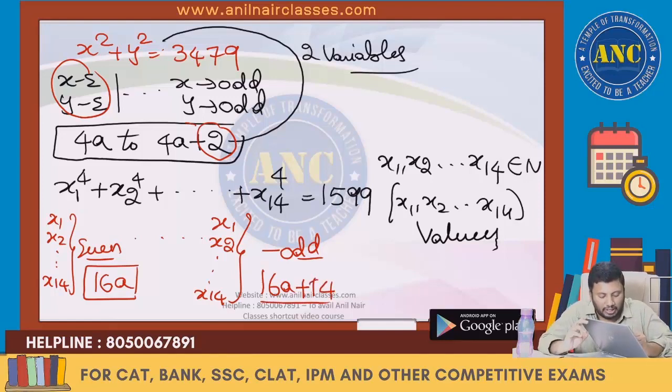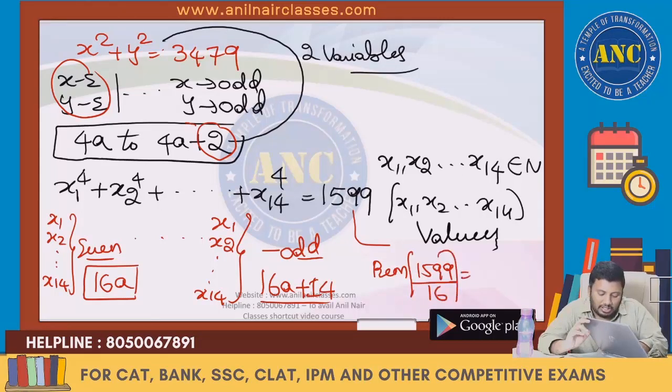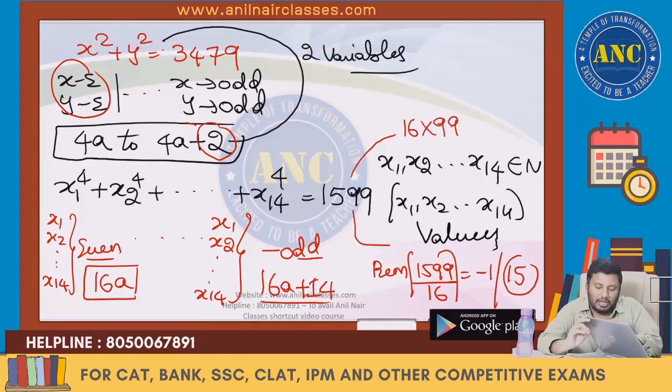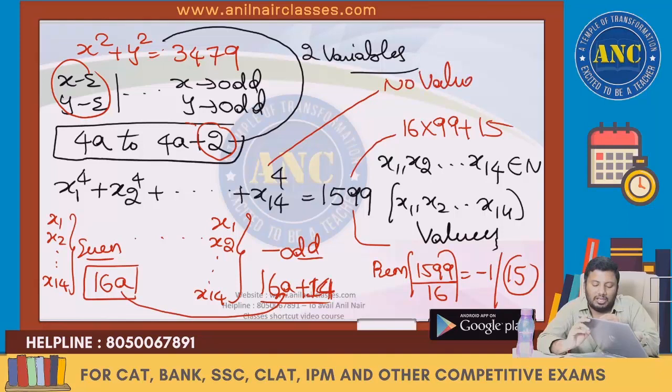15, 19, 9 divided by 16. 16 hundreds are 16 minus 1. Positive remainder is 15. So it is 16 into 19, 9 plus 15. Only remainders from 0 to 14 will come. So the answer for this question is no value exists.